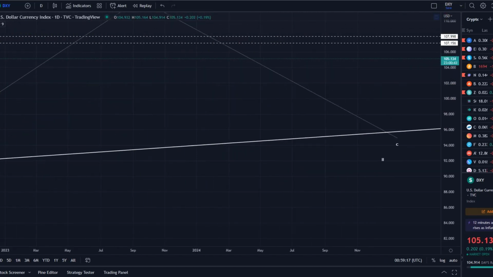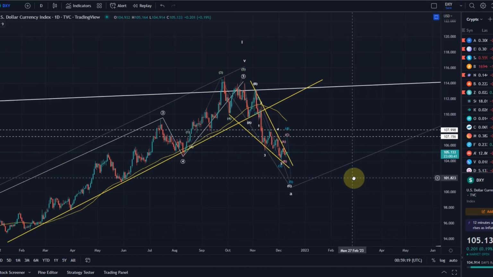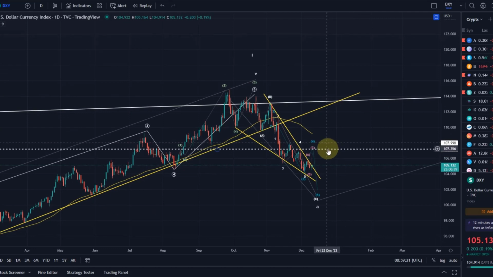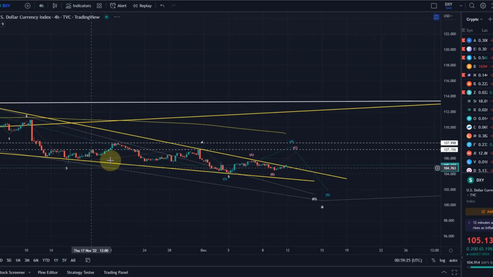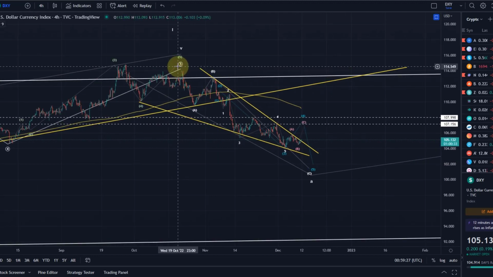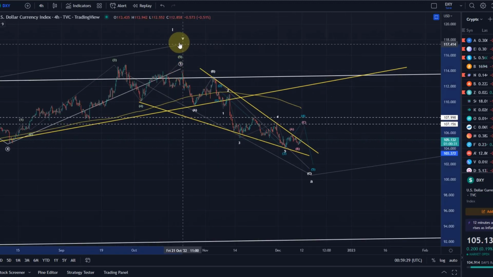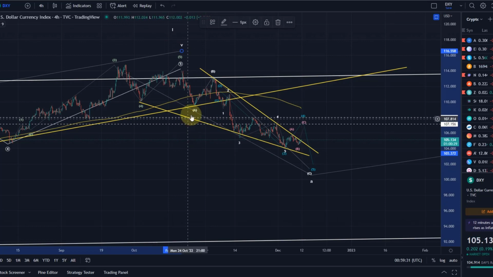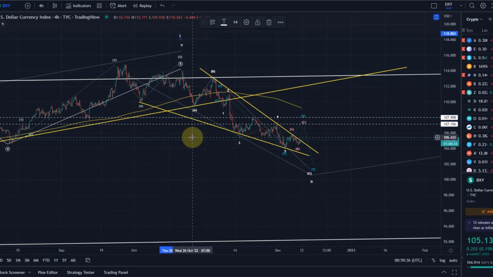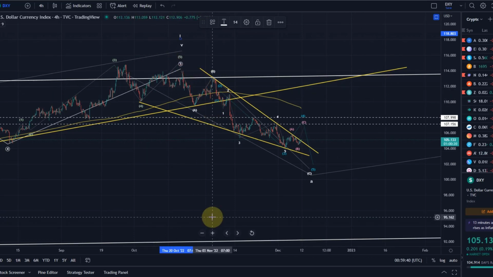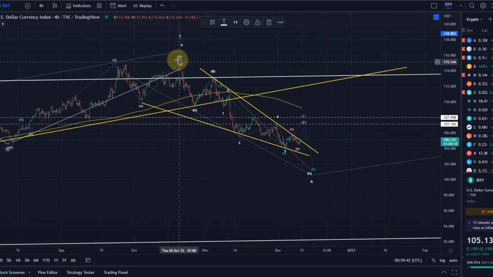So if we zoom in, I've got one interesting development after my last video here. So obviously, I have to go to the 4-hour chart. We obviously talked about that we peaked here. It's a so-called truncated wave 5. That's also one reason why I think there is a good chance that we could see this 4 and 5 still unfold. But from here, my assumption is currently, and it sort of worked out quite nicely, that we came